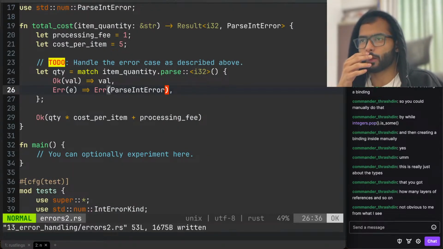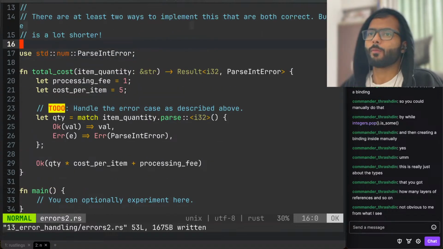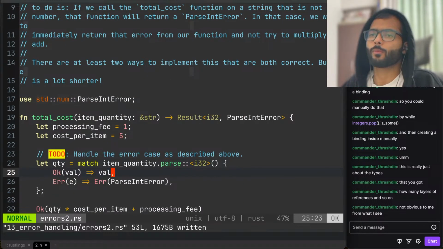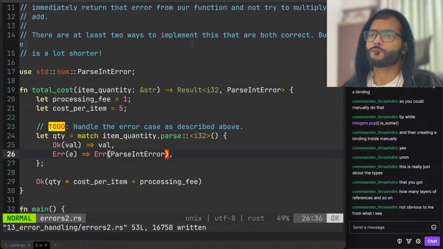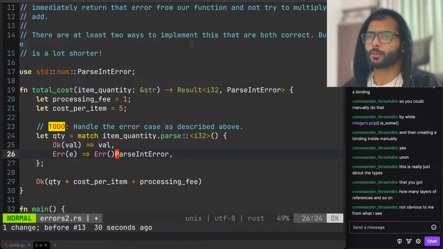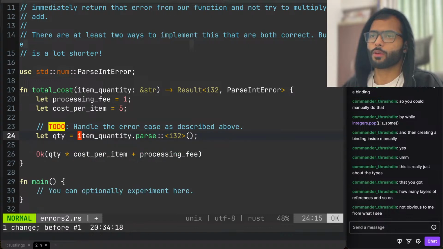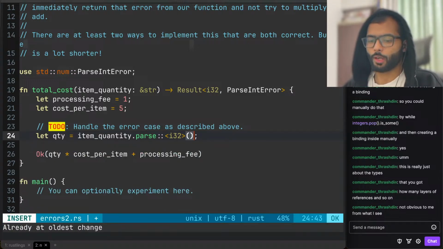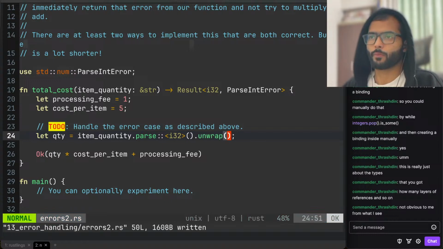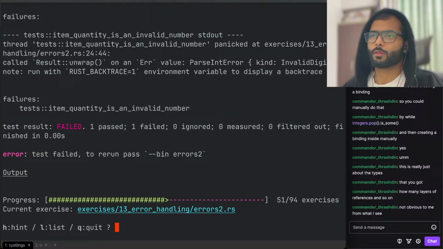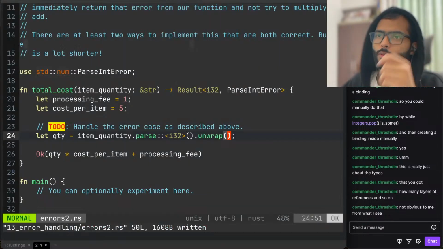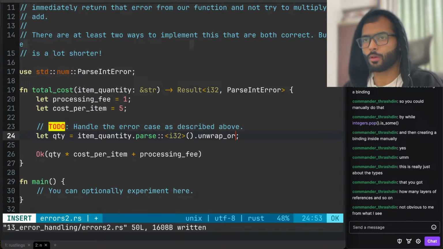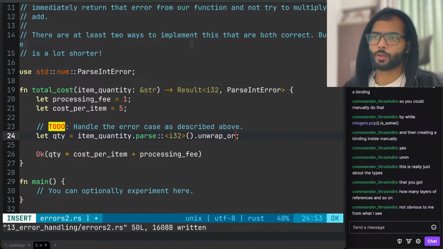How do they want me to handle this? I think a shorter way would be to just unwrap it here itself. Unwrap on an error, unwrap, or there should be unwrap on a